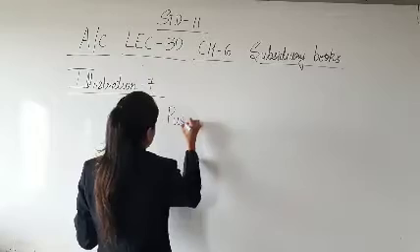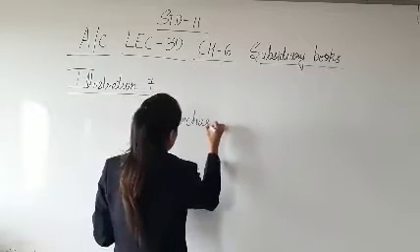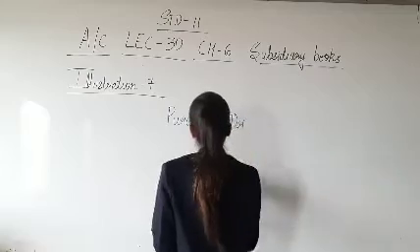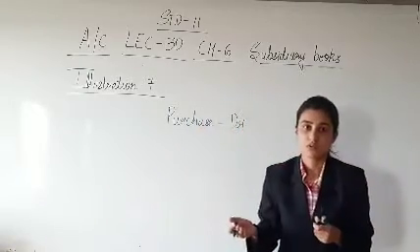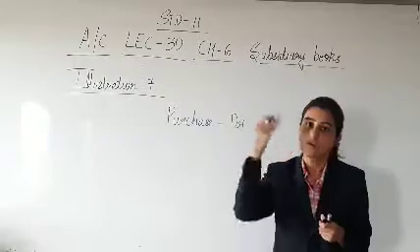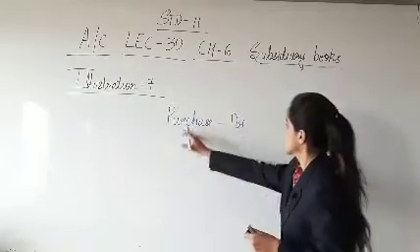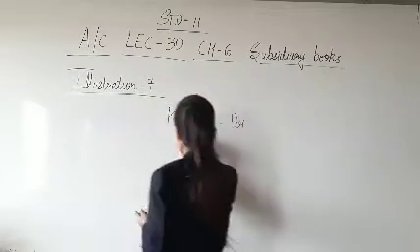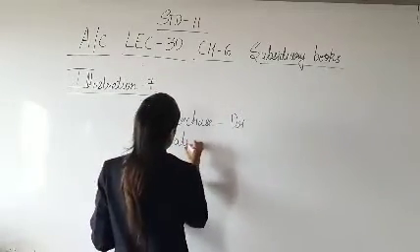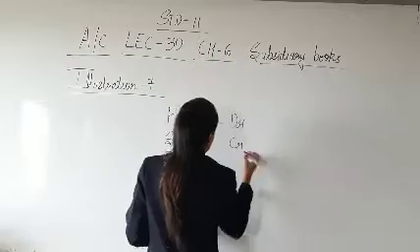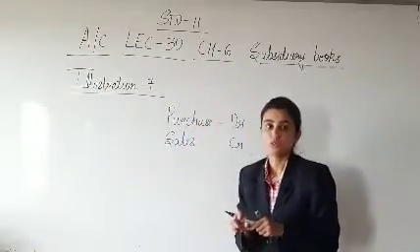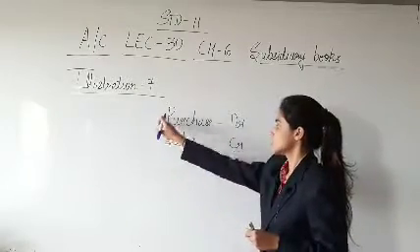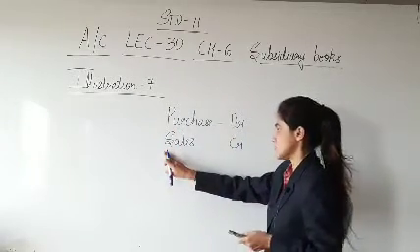Firstly, purchase, that is when you purchase goods on credit and you write it down in the purchase book. Cash purchase is recorded in the cash book, and purchase is always debited. This is the basic knowledge. Next is sales, which is always credited because goods go out. Goods come in in case of purchase, goods go out in case of sales.